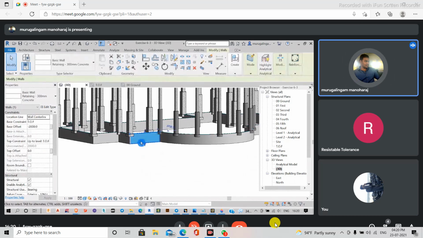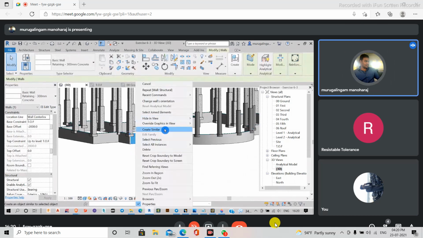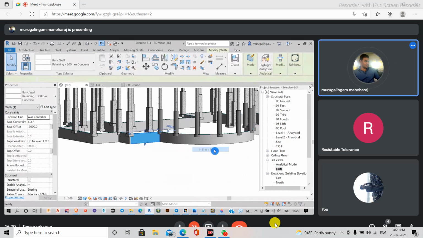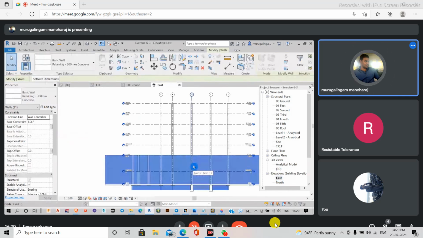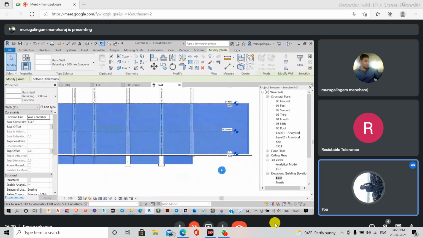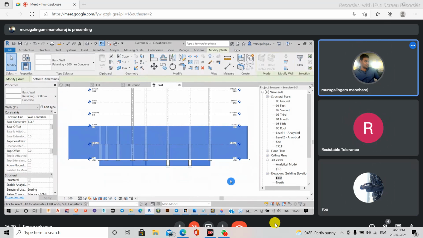What I will do is I will select any one of these and select all instances in the entire project. I'm selecting everything. And one more thing, I'm going to go to some elevation level. Okay, everything has been collapsed here. So okay, we will adjust it from here. What I want is this is going to be my base constraint, and I don't have any top constraints, so I can make them.